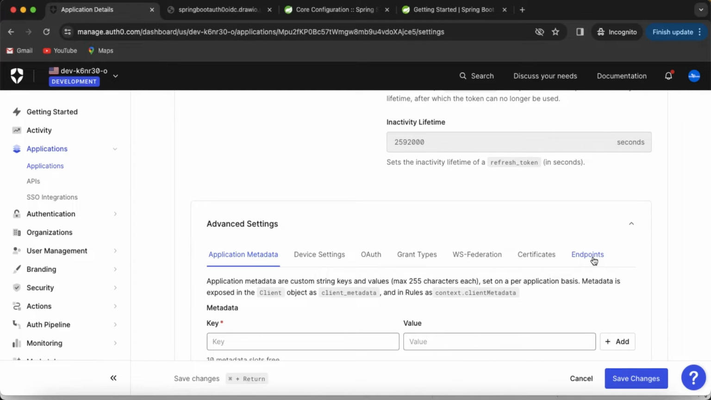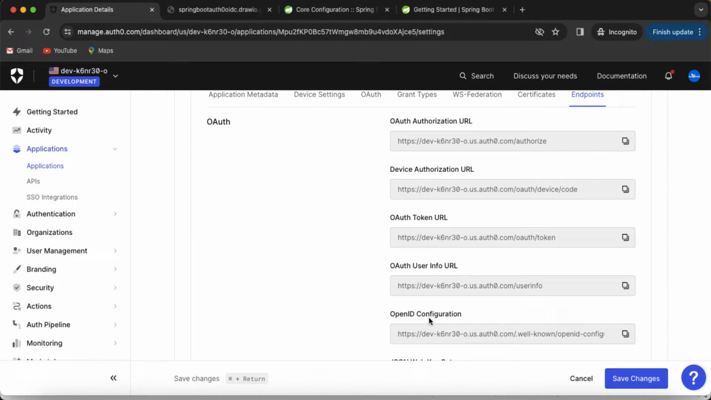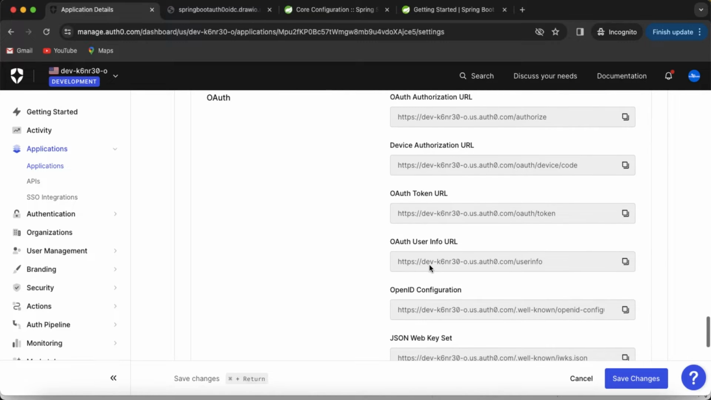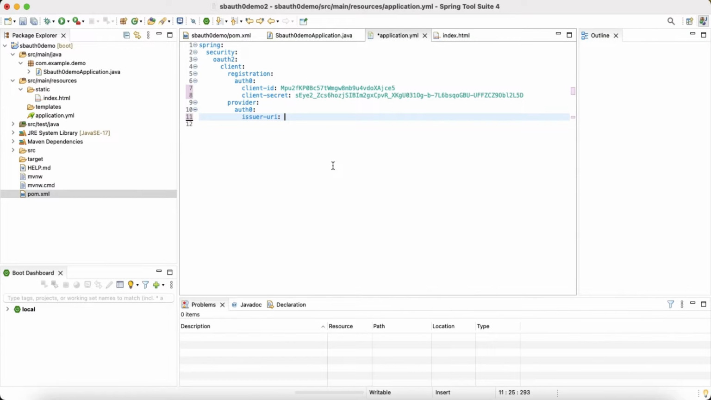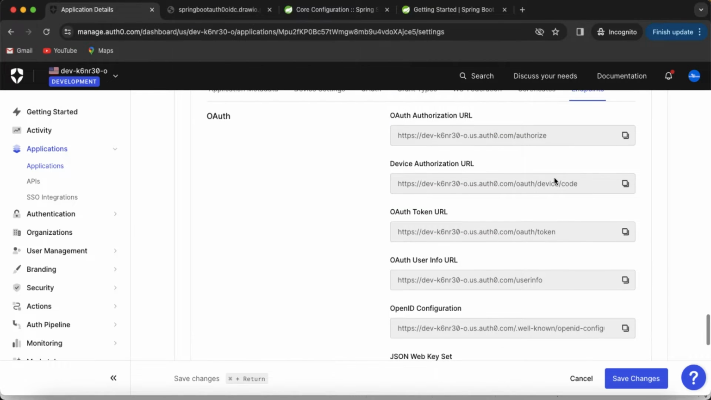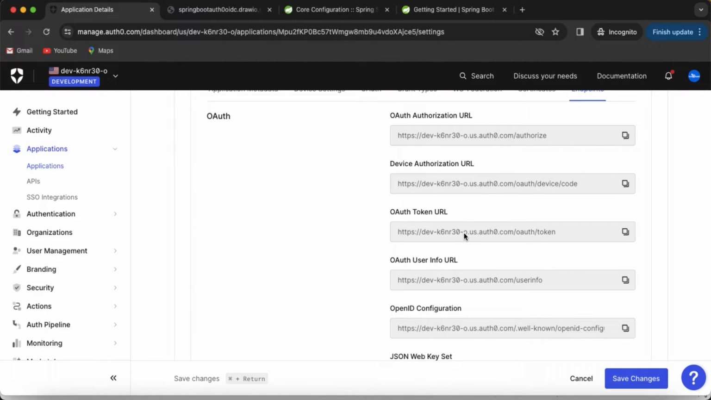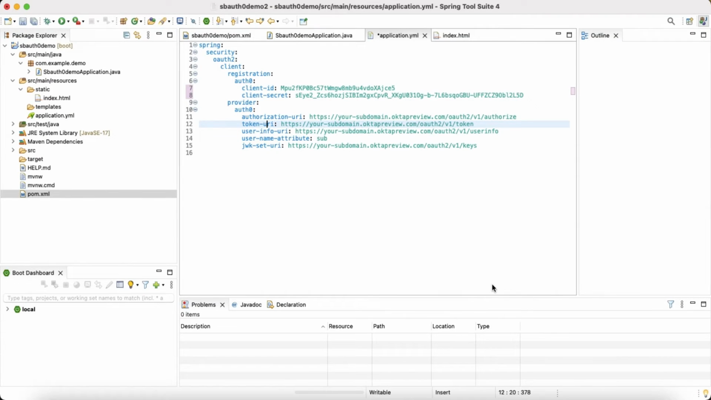Select advanced settings, endpoints, and here you see an endpoint called OpenID configuration. And here you can see all the endpoints like device authorization URL, OAuth token URL, OAuth user info URL, your JSON web key set. So again, I will undo here. So you can copy each of these URLs and enter, like authorization URL to your authorization, token URL to your token, OAuth token URL. But the easiest way to do is